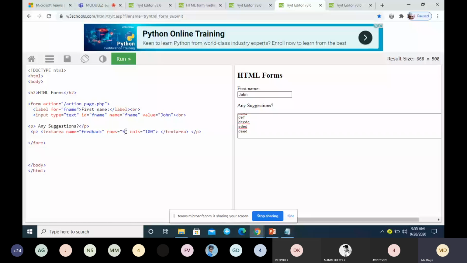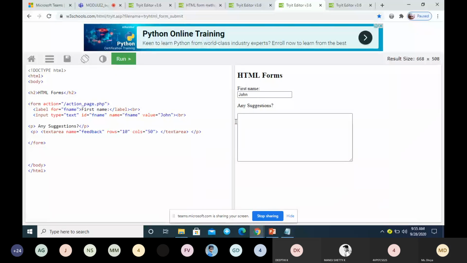Look at the difference when I make the change. I will make rows equal to 10. Look at the difference. Here you can see 10 rows. Similarly, I will make columns 50. It will become a short text box. So the difference is that here you can enter multiple line data. Clear? The next one is